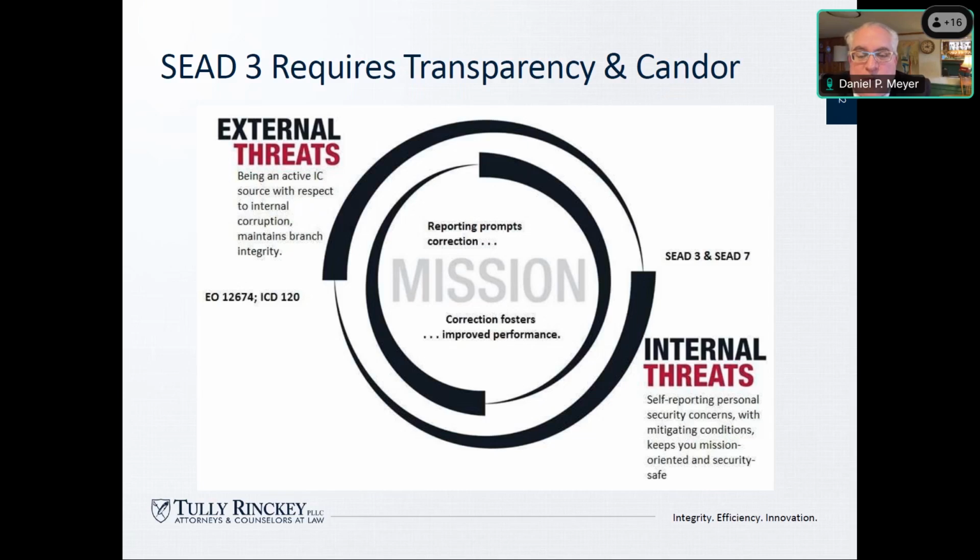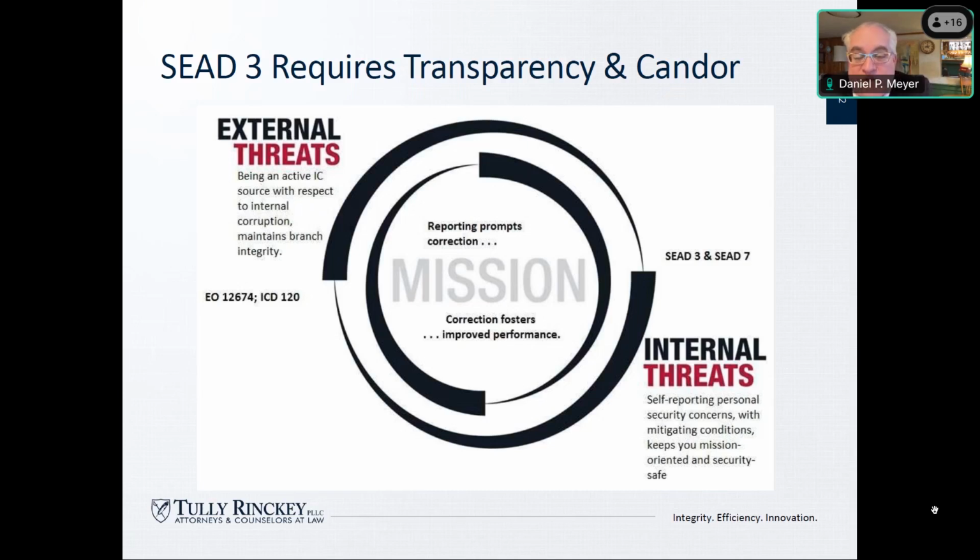So the process of correcting our system and keeping it sealed and the information inside our circle of trust requires not only vigilance on external threats, and we rely on security to do that primarily, but you're important for that too, but also vigilance on internal threats, okay? And the internal threats is understanding your workplace, understanding the proper handling procedures, and understanding when somebody else may be a threat. And that requires you to report under SEAD 3 that there's somebody who might be a threat in the workplace. If they're offending a profile of a good security citizen, you need to report them.